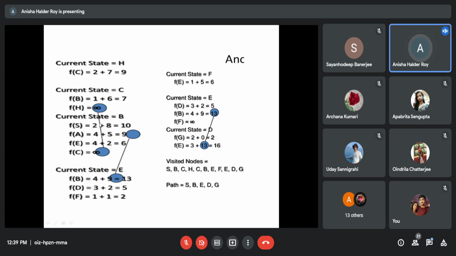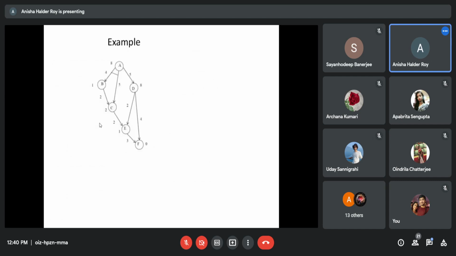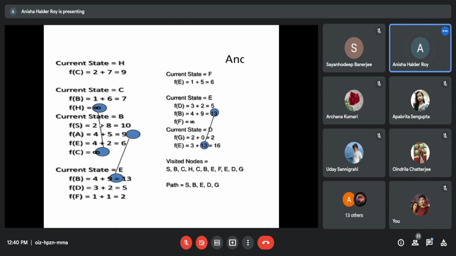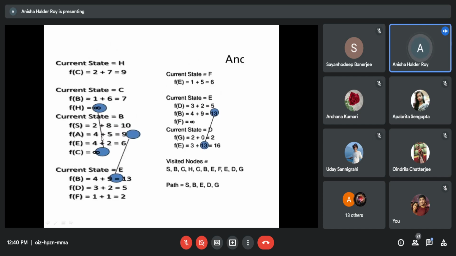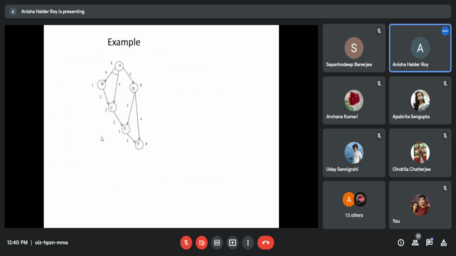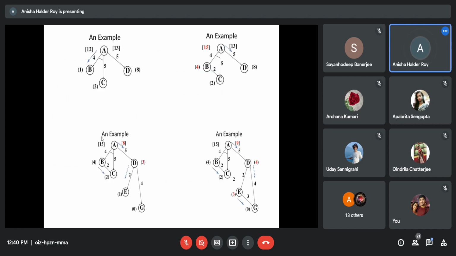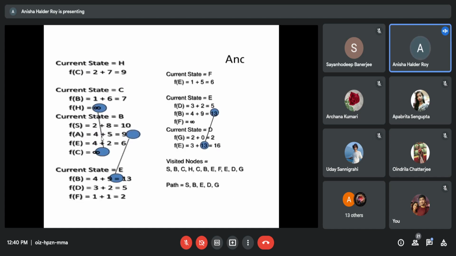The PowerPoint slides have been corrupted or distorted somewhere, so this example is coming out a bit strange. Okay, fine.